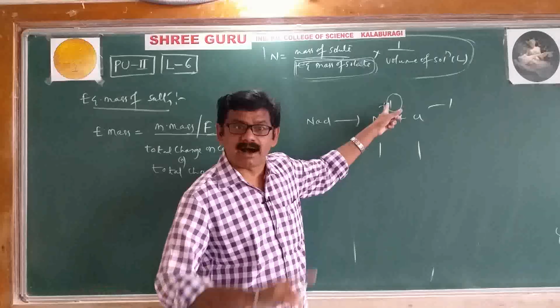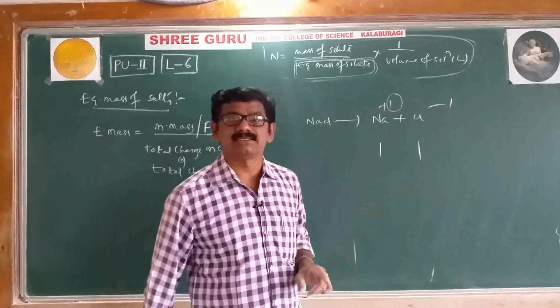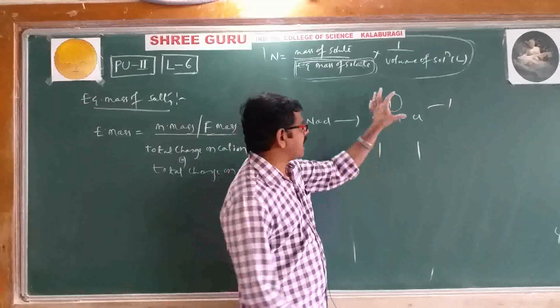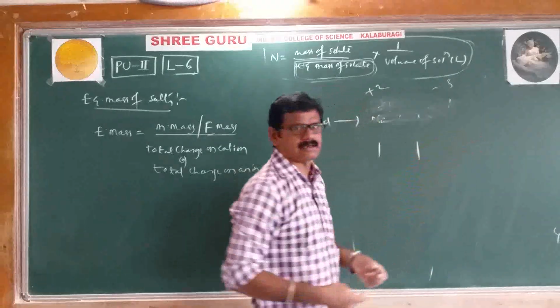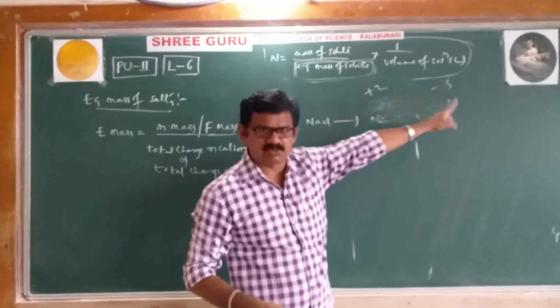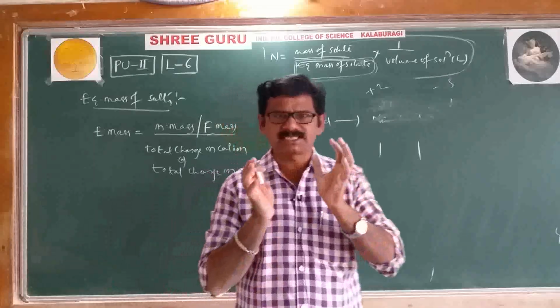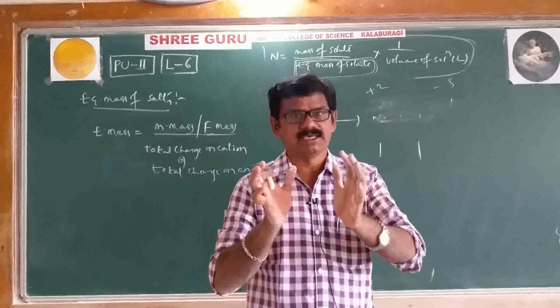Okay, and one more important thing is, if you take any salt, total charge on all the cations is compulsorily equal to total charge on all the anions. Then only it is called a salt, remember. Cation charge 2 and anion charge 3 is wrong. If it is plus 2, that should be minus 2. If it is plus 3, that should be minus 3. Plus 4, minus 4, plus 5, minus 5, like this. Total charge of cations as well as total charge of anions should always be the same.